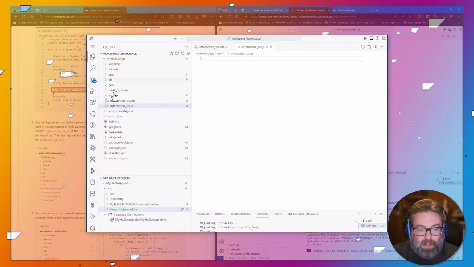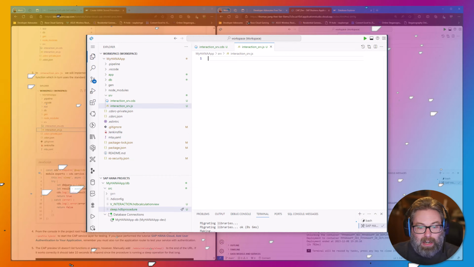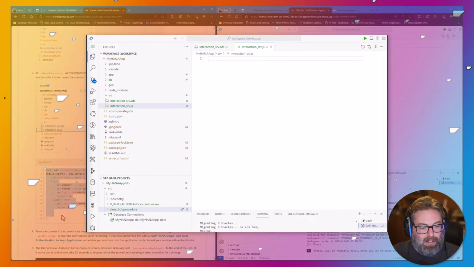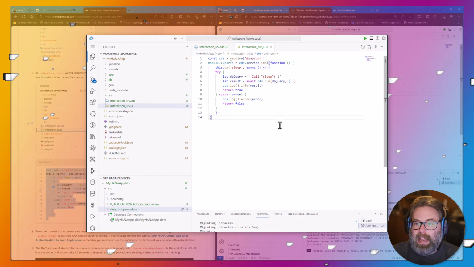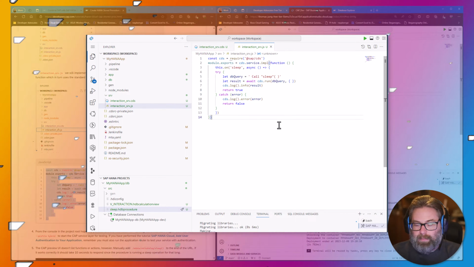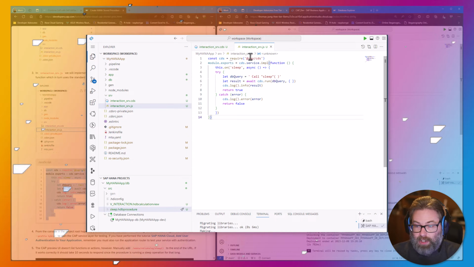If we look at the service handler, it's just an empty file right now. It wouldn't do anything. We need to add some logic to this to even get us started here. So let me go ahead and put this in, and then we'll talk about what it's doing. So first of all, we need the Cloud Application Programming Model as a library in JavaScript.